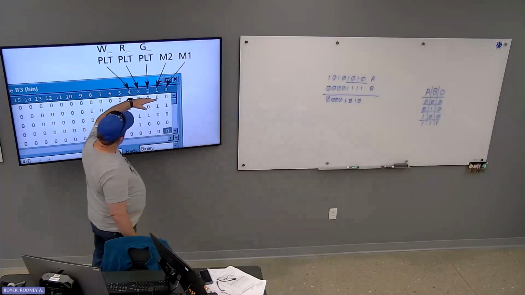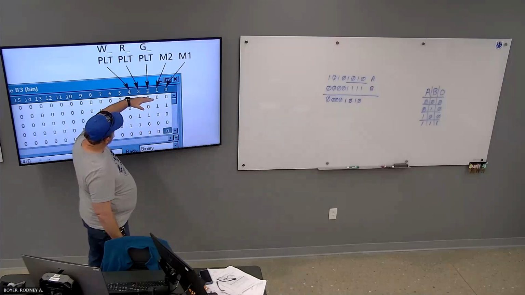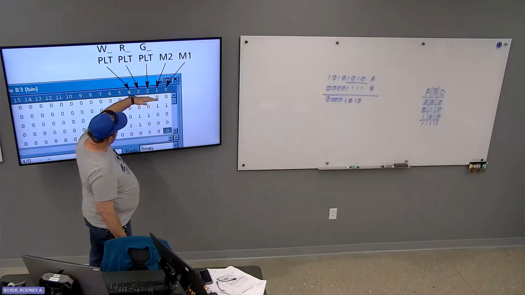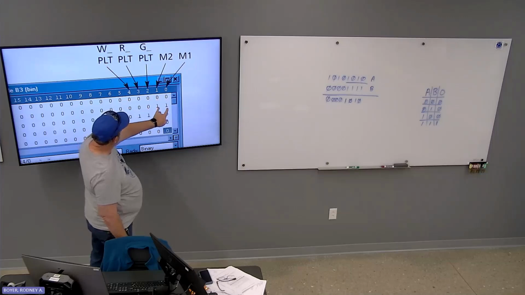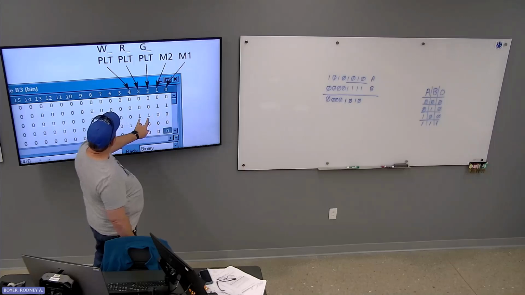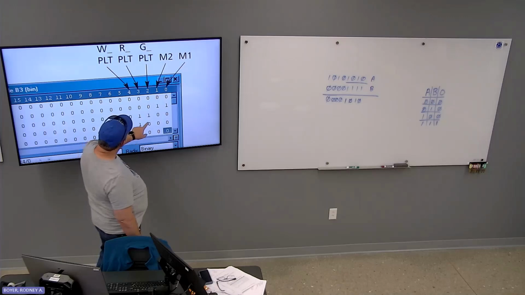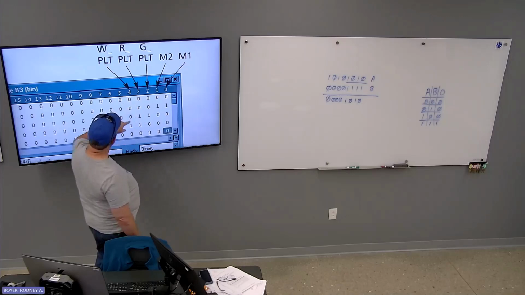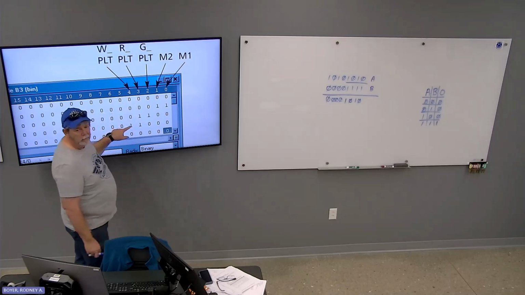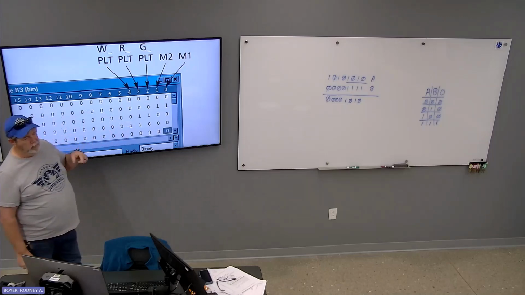So step 1, everything's off. And then step 2, motor 1, motor 2. Step 3, motor 1, motor 2 turn off. Red and green pilots turn on. Step 4, green pilot turns off. Red pilot stays on, white pilot turns on. Okay. See how